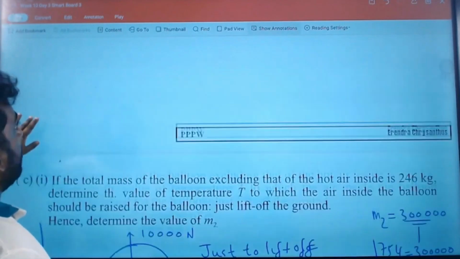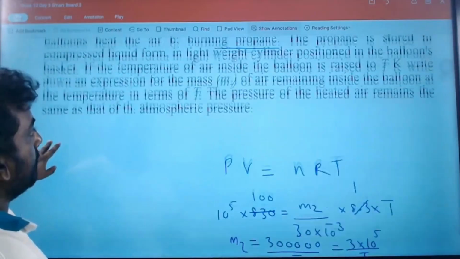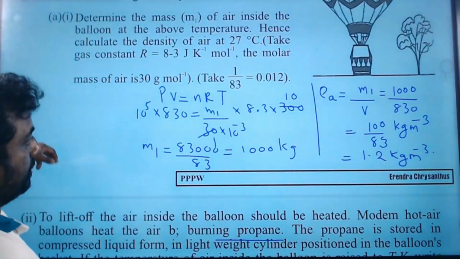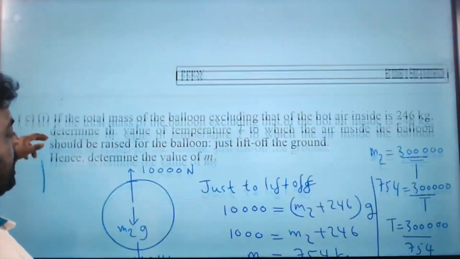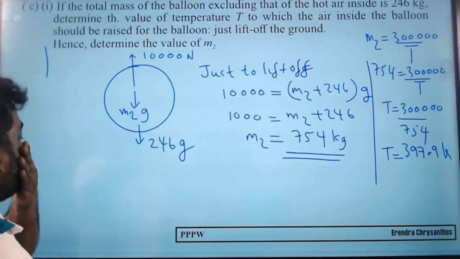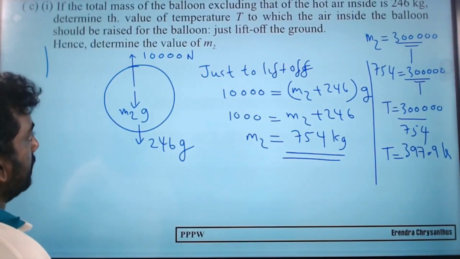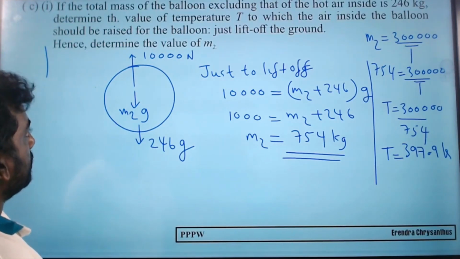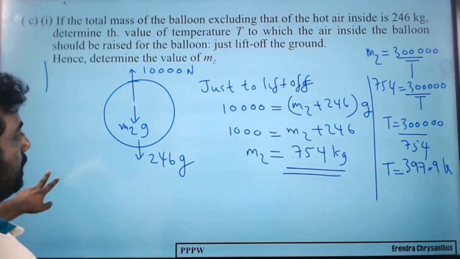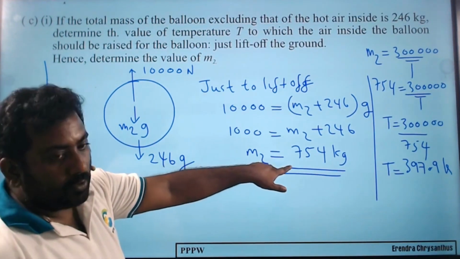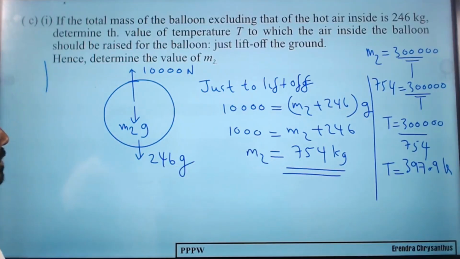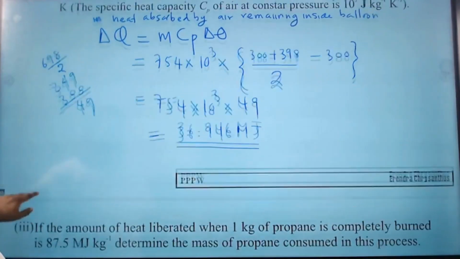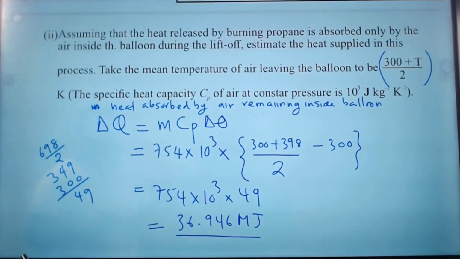So amount of air which was there, 1000 kilogram. Now remaining 754. That means 246 has gone out. Clear? 246 has gone out. The remaining is 754. 246 has gone out. So air or heat given, understood no? Simple logic. So here